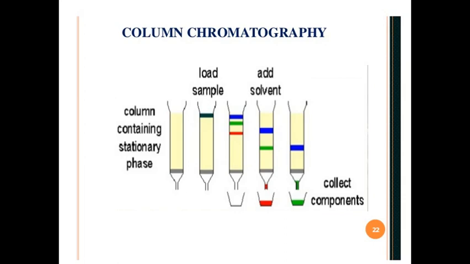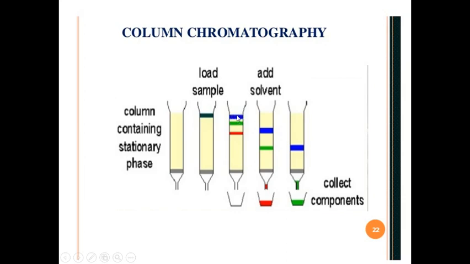Now in planar chromatography there is one term, the retardation factor. To analyze your molecule, you have to determine the retardation factor or RF value in planar chromatography. But in column chromatography there is a new term, retention time. We have to determine the retention time when we perform column chromatography in the laboratory. So what does retention time mean?